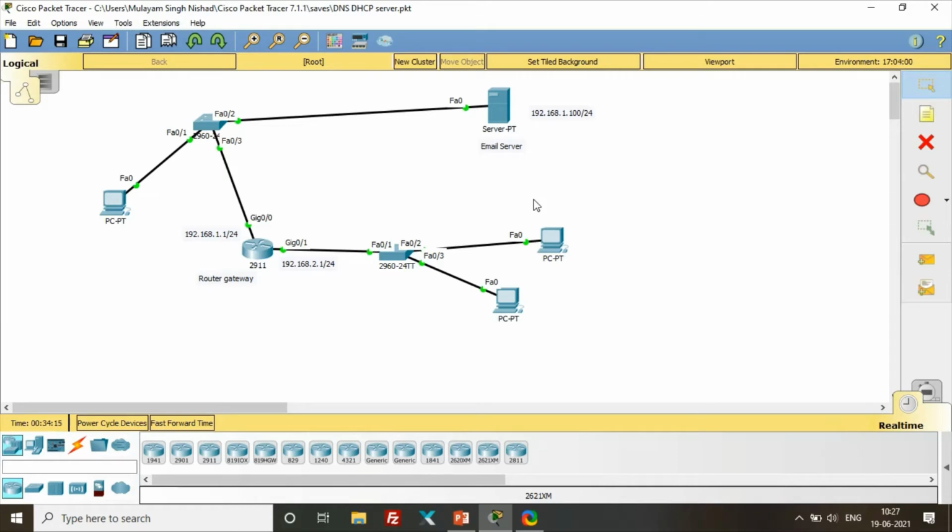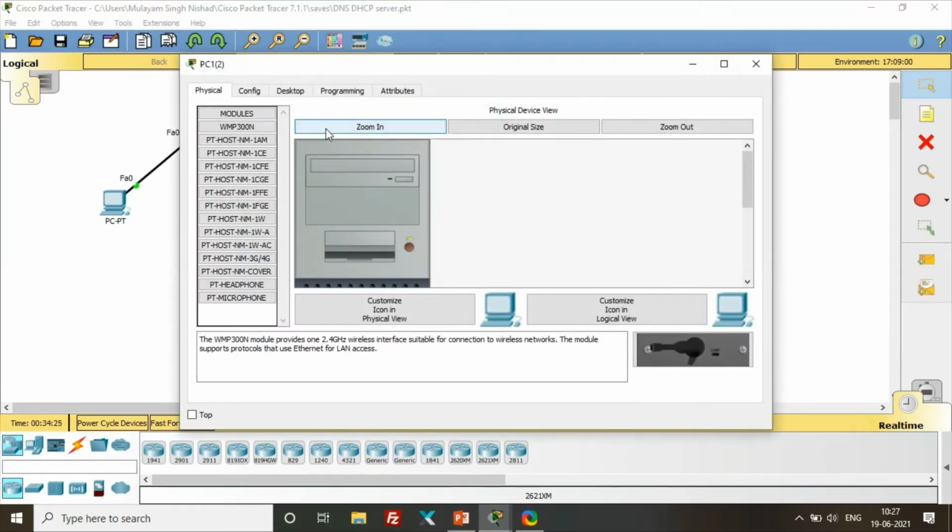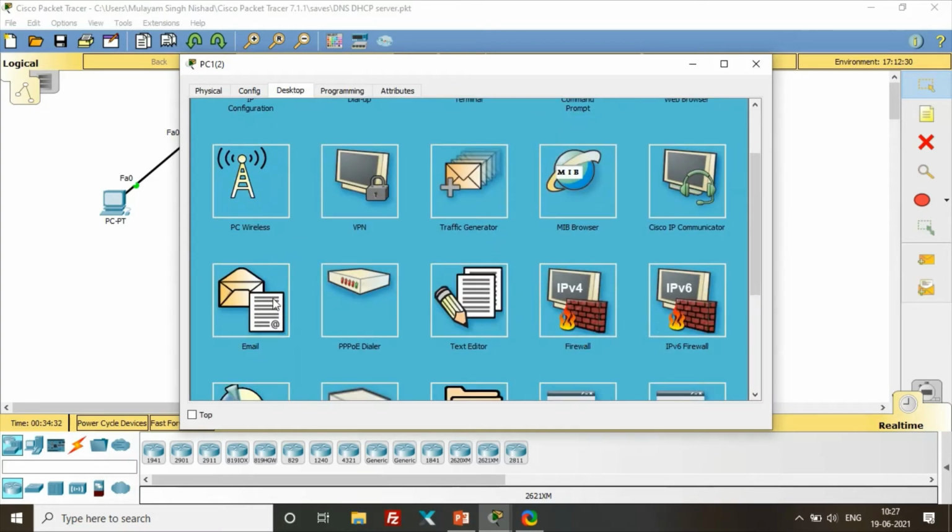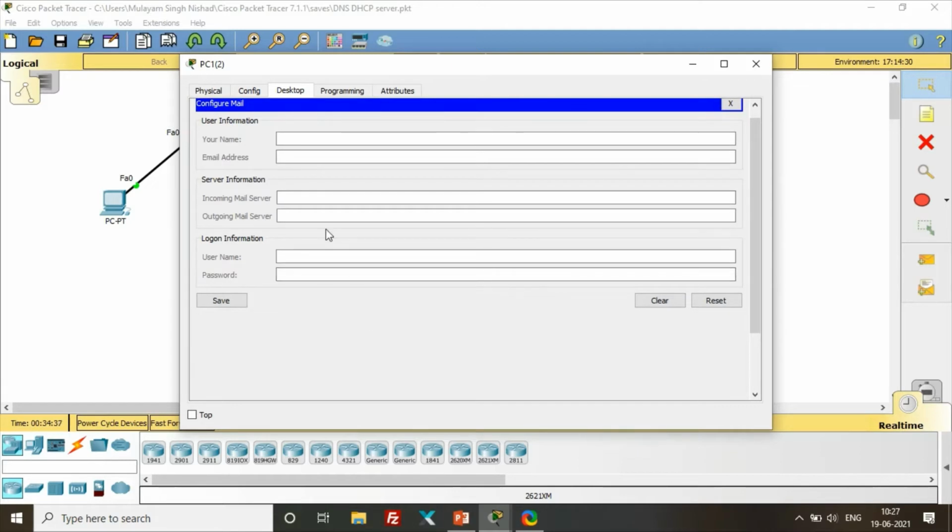So let's start. Before going to the email server, you can check on the PC. Cisco Packet Tracer has the capability to enable email services. Go to the desktop, and here you can find an application named email. There is no configuration here, and you don't even know what to configure, because you don't know your name, your email address, what the incoming and outgoing email servers are, or your username and password.